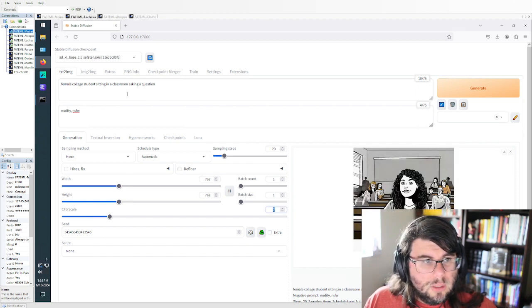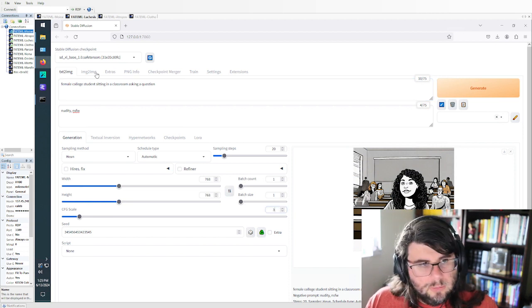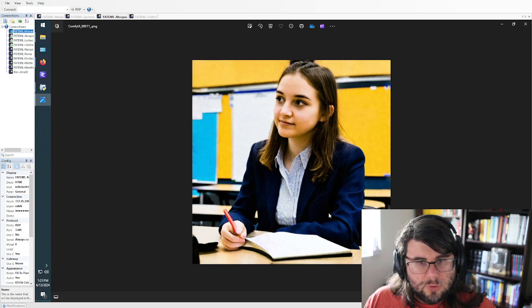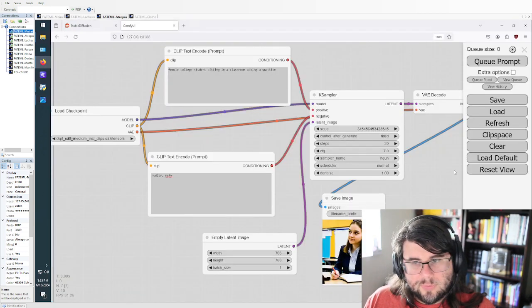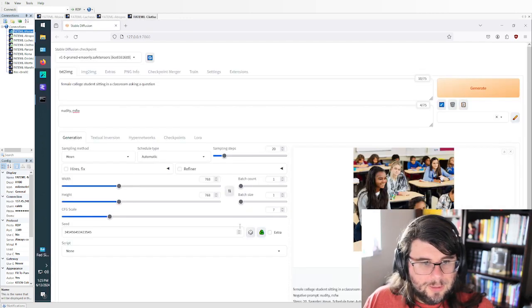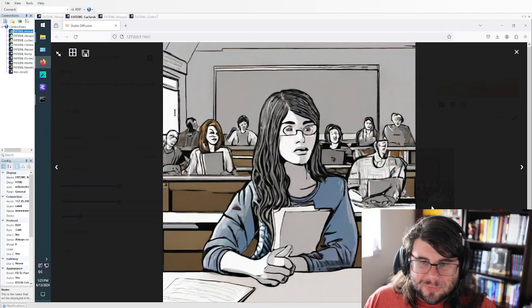All right, so female college students classroom. Let's take this down to 3. So it seems to like Hue 7 a lot. Generate that. It helps if I keep all the windows consistent here, which I'm not going to do. Queue that, and then run this one here. Queue that. While this generates, it's really liking the